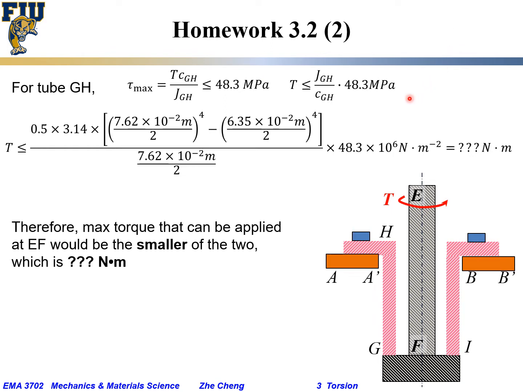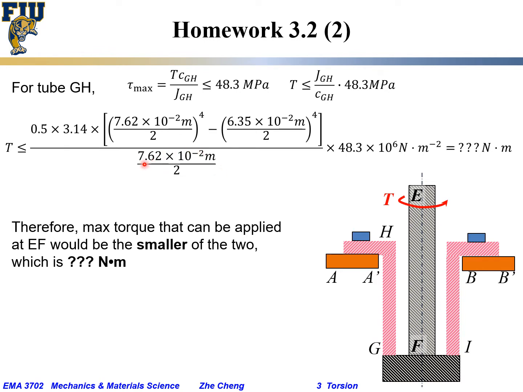Now, let's consider the GH tube. Of course, we said the bottom plate is strong enough, the welding is strong enough, so let's only consider the GH tube. Similarly, tau max is Tc over J, and the C would be the maximum dimension for the tube, C_GH, and J_GH would be the moment of inertia for this tube. And as a result, similarly, the maximum torque applied would be J times the allowable stress divided by C. And similar as before,